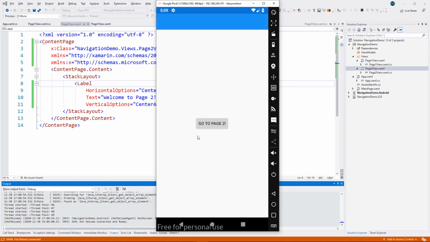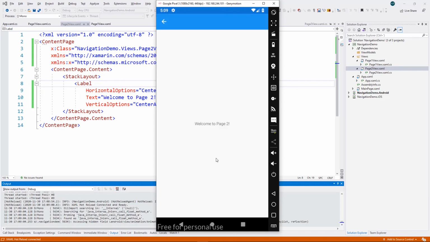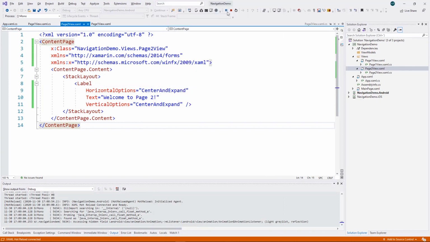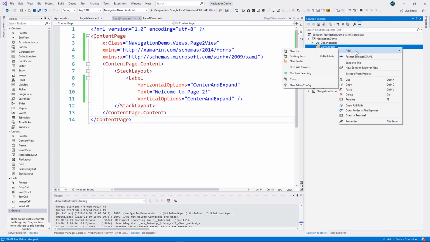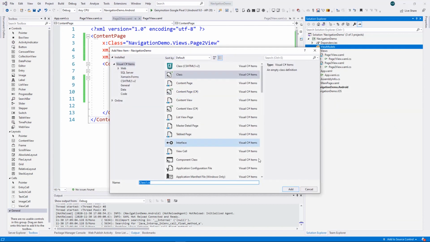Then we have our page here. We click on Go to page 2 and we successfully reach our page 2. Okay. This is quite straightforward. The complexity comes in when we already have a folder named View Models, and we have